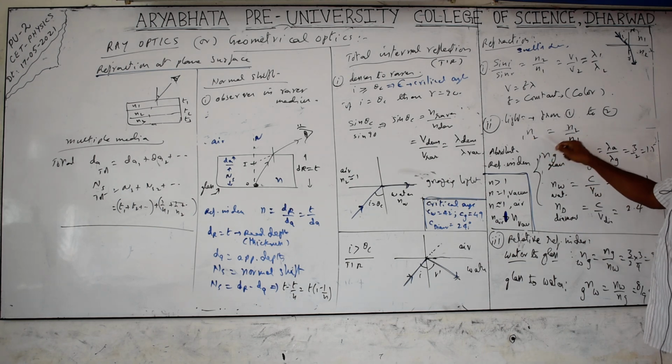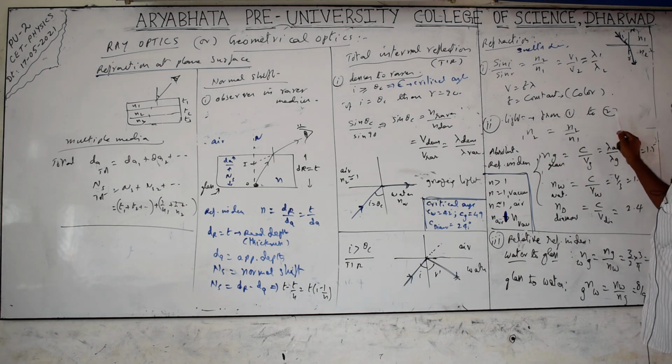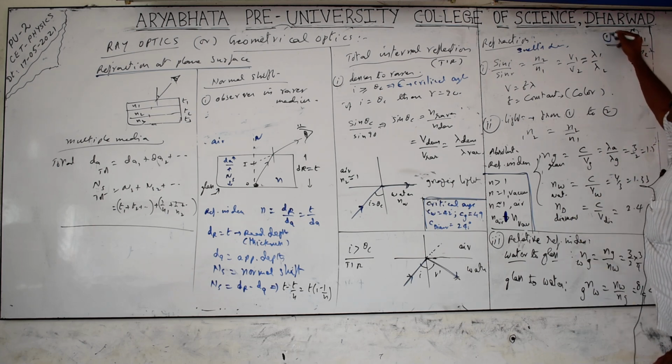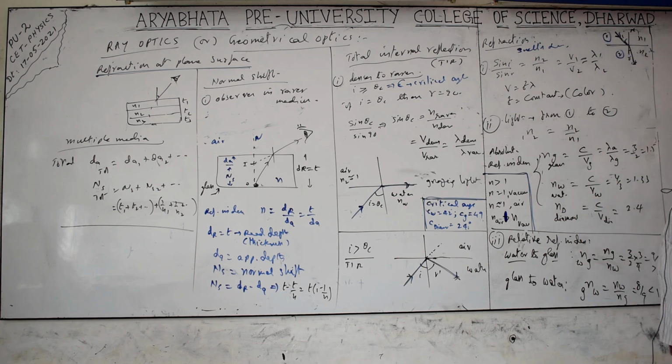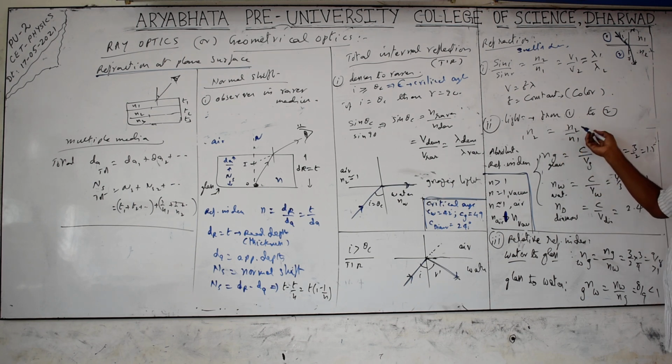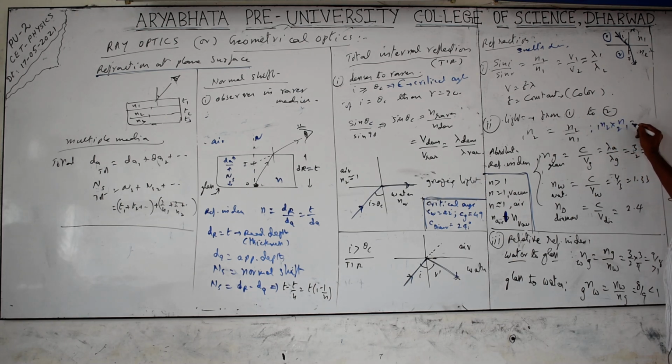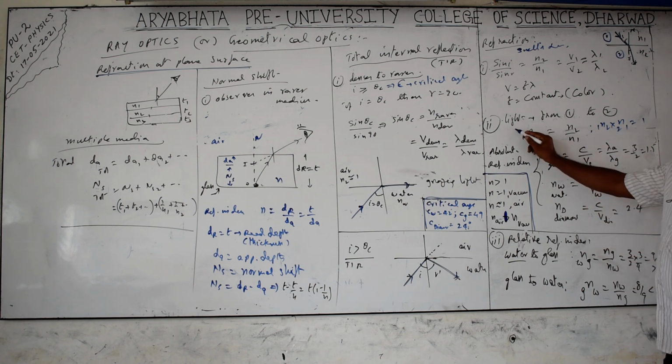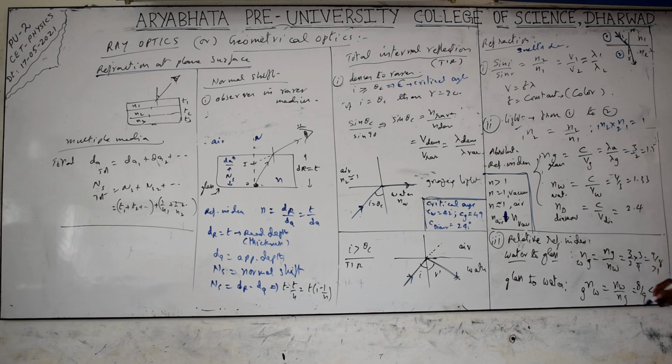Next, light traveling from first medium to second medium. The incident medium is the first medium, and the refracted medium is the second medium. We symbolically write 1n2, meaning light is traveling from first medium to second medium, equal to n2/n1. But if you take 1n2 × 2n1, it becomes equal to 1, because this is n2/n1 and this is n1/n2, which cancel. This indicates that the light path is reversible.